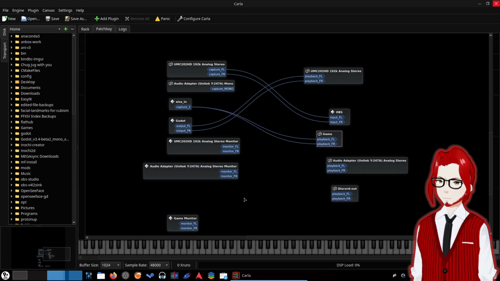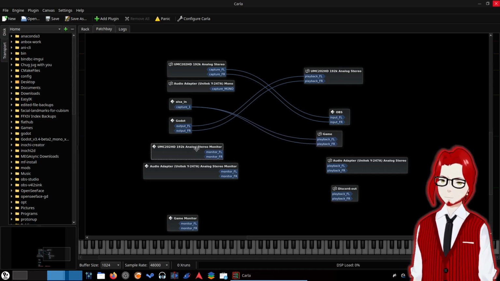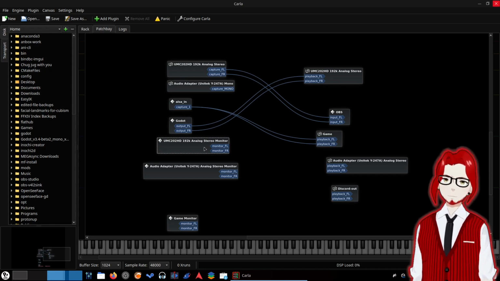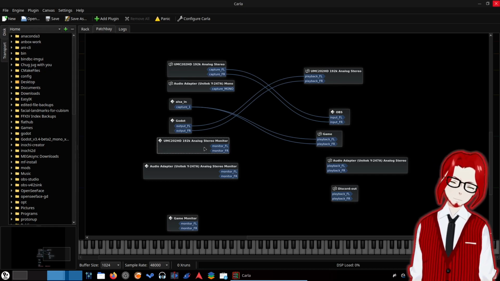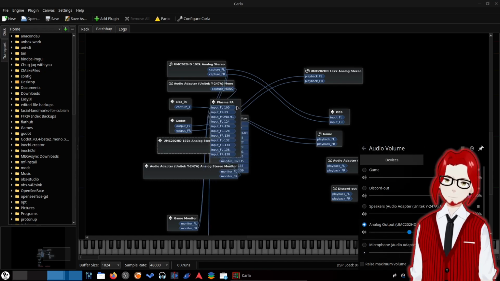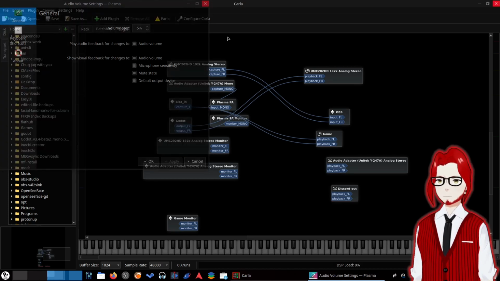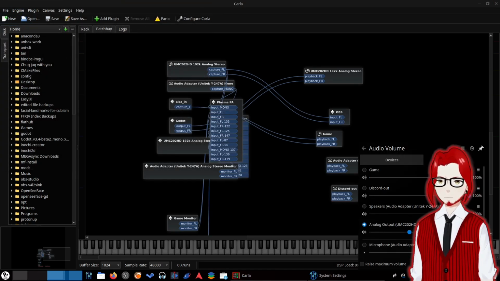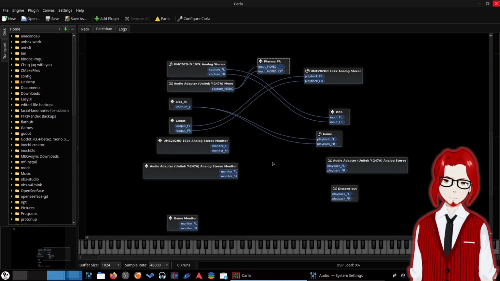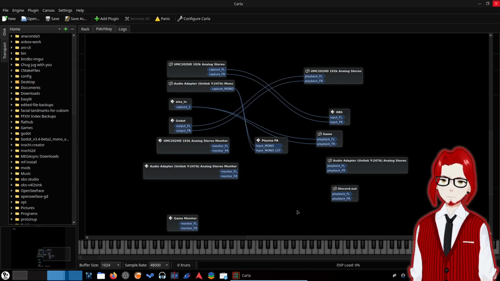Now, the one drawback to PipeWire is that every device you have gets its input, its output, and then a monitor of its input and a monitor of its output, which is useful, but it makes this very cluttered very quickly. So I actually have hidden a lot of devices. Like if I open my volume control, you can see these pop up. Oh God. If I go to the settings, nope, not that button. Configure audio devices. And I move that over to here. You can see all my audio devices disappeared. If I close that, they're all over the place.